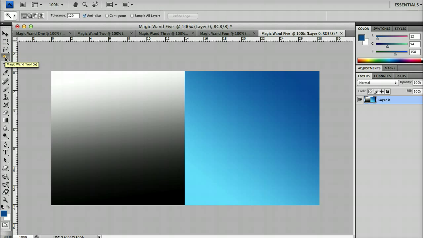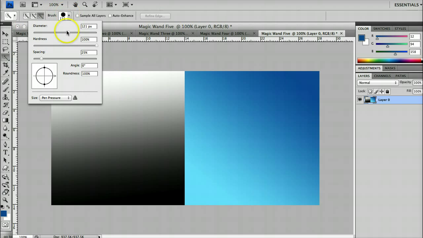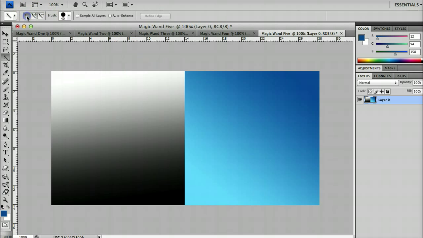So if you hold your mouse click over the Magic Wand tool, you can select the quick selection tool, or if you hold Shift and click on the Magic Wand tool, or Alt and click on the Magic Wand tool, it will change into the quick selection tool. The quick selection tool is a very useful tool, and what it does is, as you draw over or paint over, Photoshop will work out what bits you want to delete and what bits you want to keep